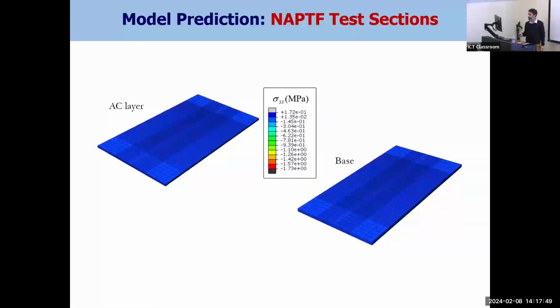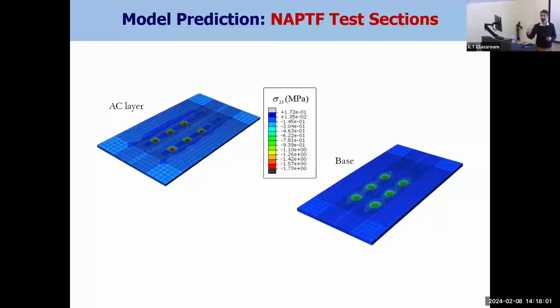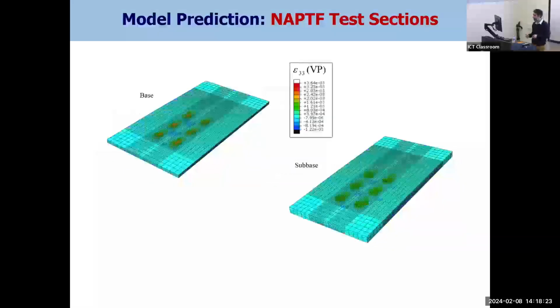And this one is a 3D. We put all the 6 wheels on the pavement and apply the load. Now, there are so many things that we do not consider. I understand that, for example, shear or rolling effect or the slip between the layers. We do not consider those things because, as I explained, one of the ideas is to get the response as fast as possible. And we think that these are some of the reasons for underestimation of the results.